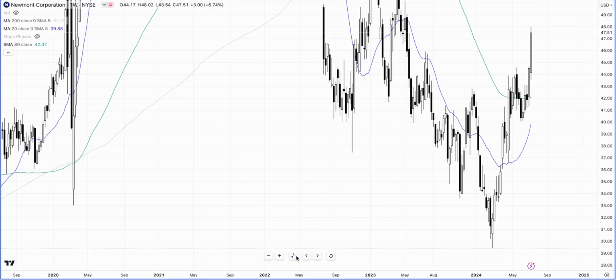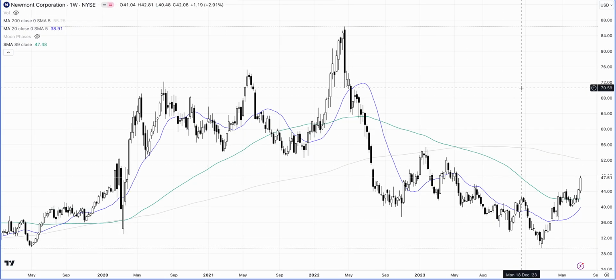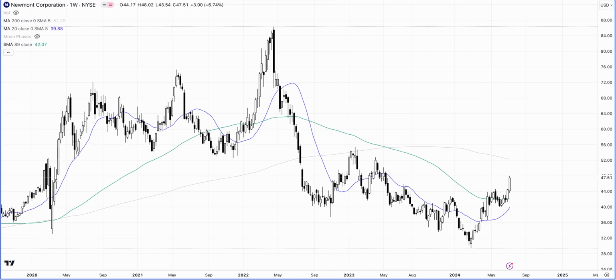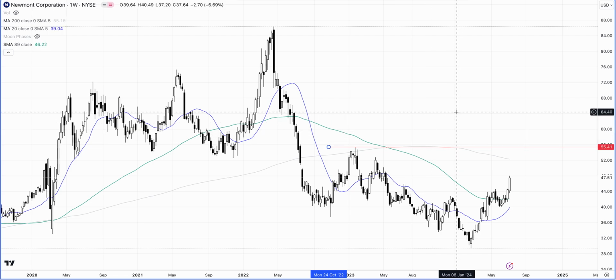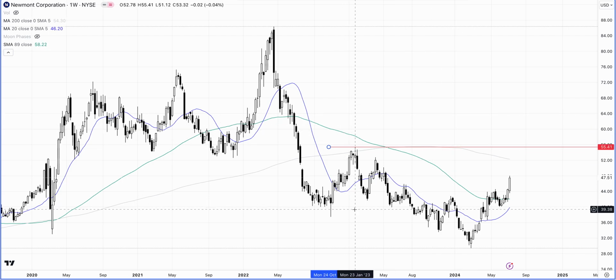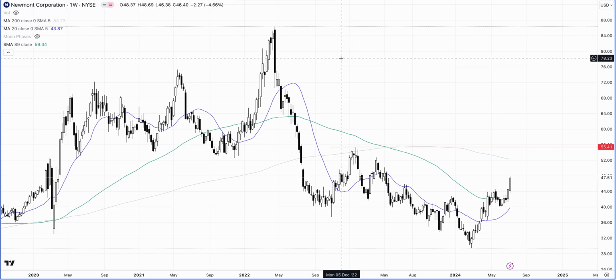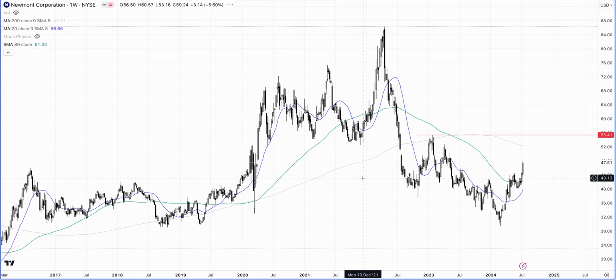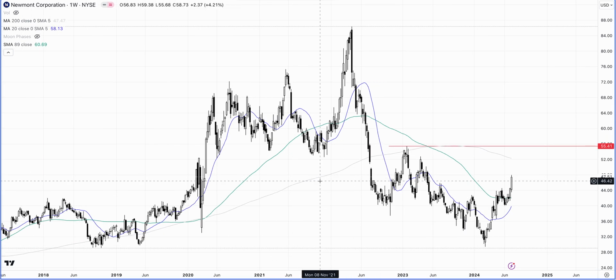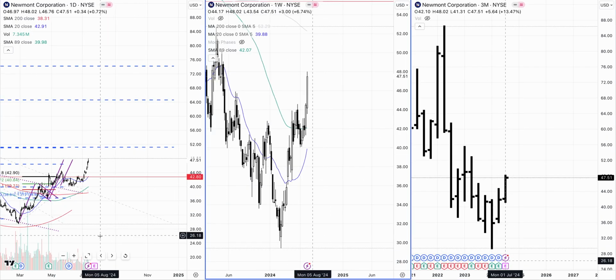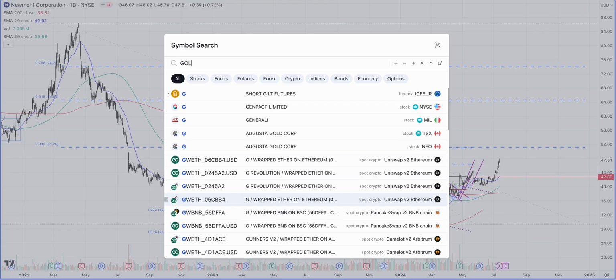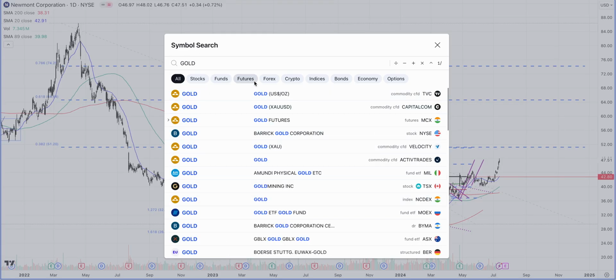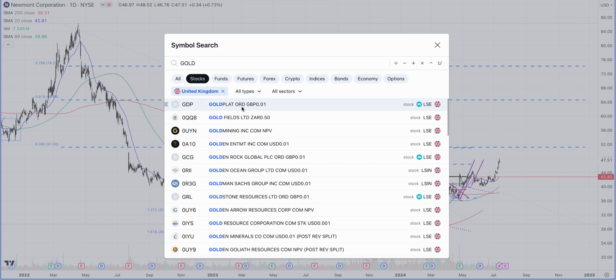On the weekly chart, let's take a look. Here we go. So on the weekly chart, I think once it is able to get above that 55 will of course be the target, 55.50, because that's going to be the high coming in from January of 2023. So yeah, I'm just going to keep it to this for now. Once these levels are broken to the upside, then we'll have other targets as well. And then let's take a look at gold, which is the Barrick Gold. I mean, equity stocks.